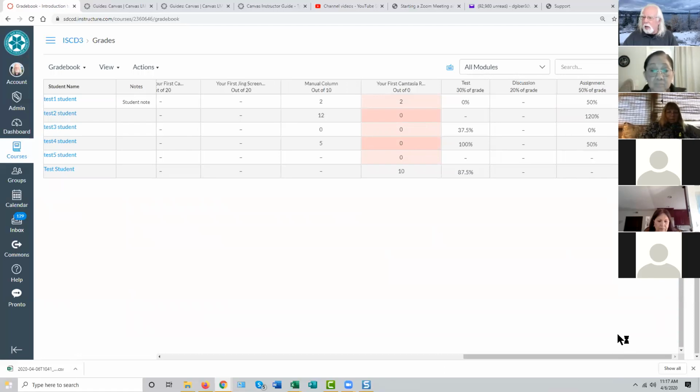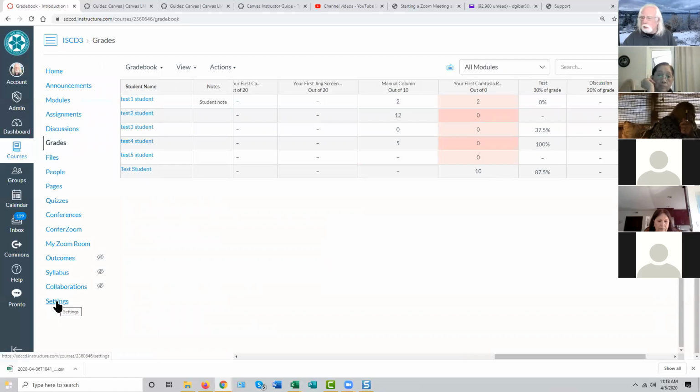In order, of course, to have Canvas automatically assign letter grades for you in the totals column, you have to tell Canvas where your cutoffs are. What's the lowest percentage you can have and make an A, and B and C and so on. You set up what's called a grading scheme in Canvas, and to set that up, you go to the settings link in your course menu